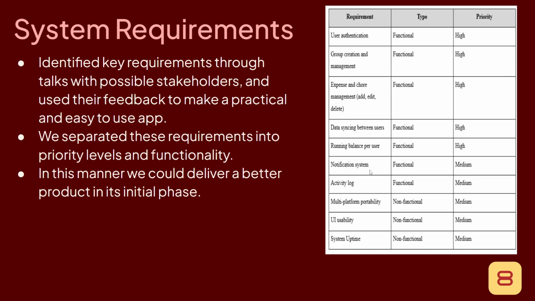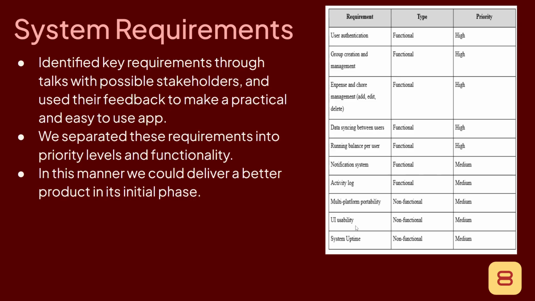for the app, but it's not as important as the core features that the app needs. This notification system is clearly going to be helpful for everyone, but it's not as high as the core features. And then the activity log, so you can have accountability of who's doing what and who completed what. And for multi-platform portability, it's not really a functional type, it's just different porting. So it's best to include this. We set it as medium. It might even be low, but I think medium